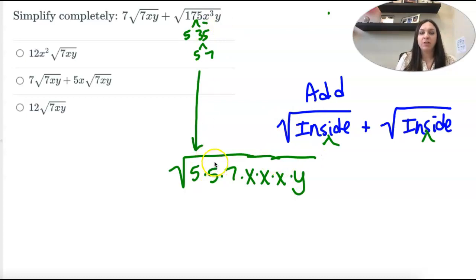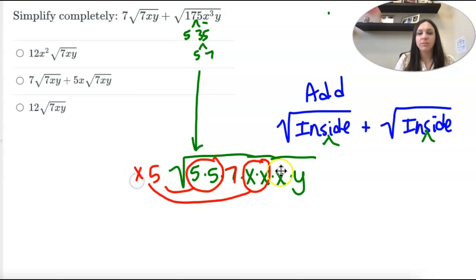So I'm looking for pairs. I have a pair of 5s. I bring that out as 1. The 7 stays, it's by itself. I have a pair of x's. Those come out as 1. I have 1 x and 1 y. Those stay. So on the outside, I have 5x. It's x times 5. I just like to write the number first. It keeps it balanced. And then inside, I have 7x,